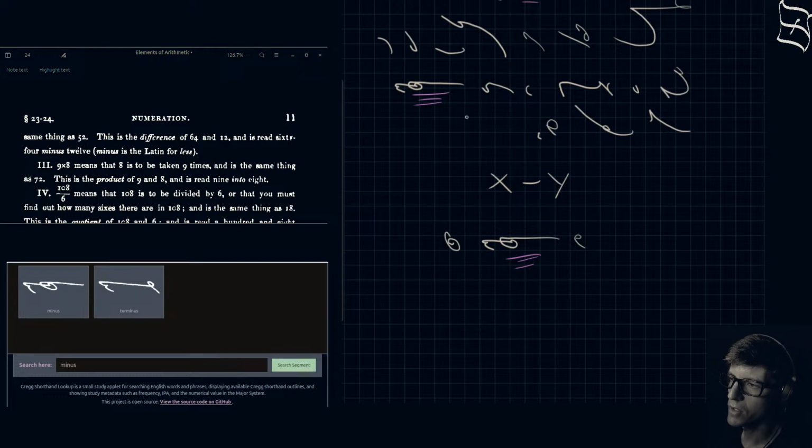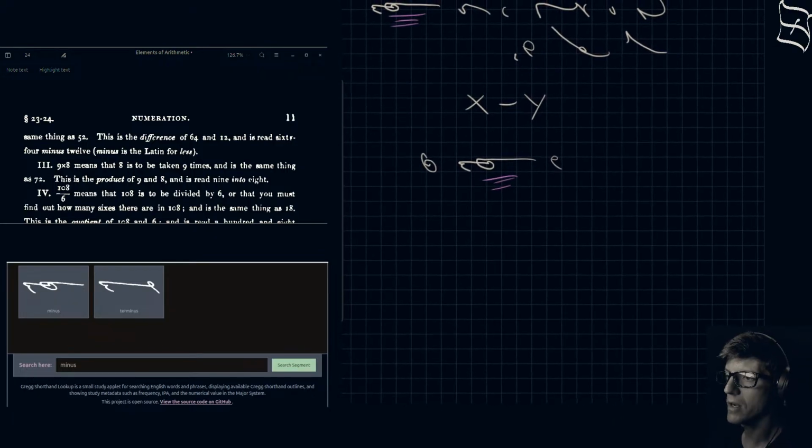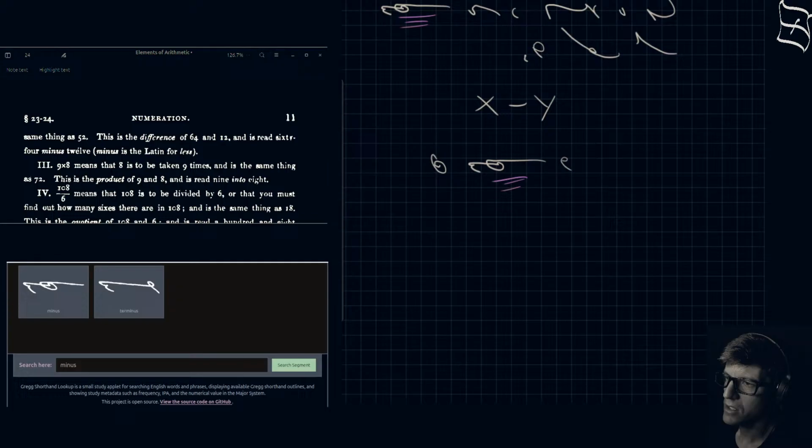Okay, so let's go over here. And that's it, so let's just keep on chugging. So x minus y, and that would be the Gregg shorthand approach. Now we have x minus y, and what's our next point? So let's minimize this screen here. There we go. I have to use the mouse for that.